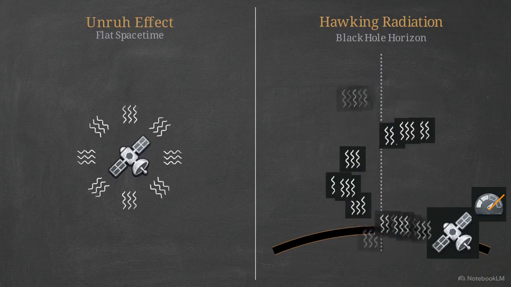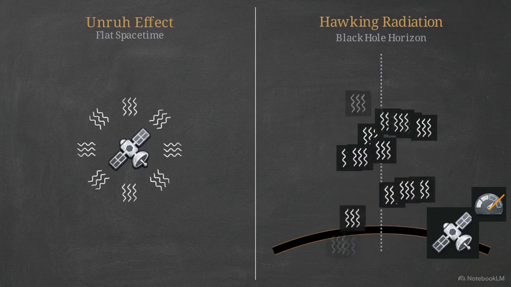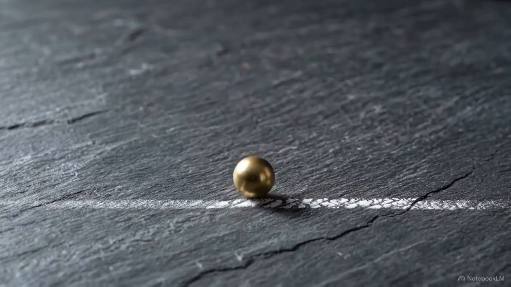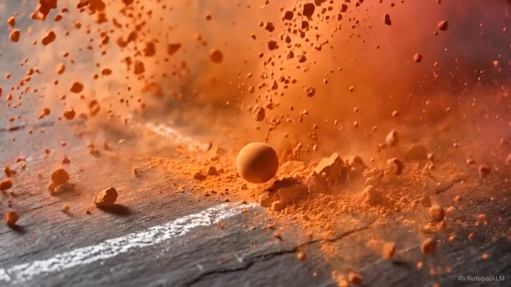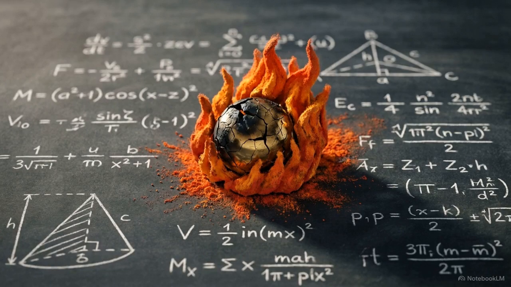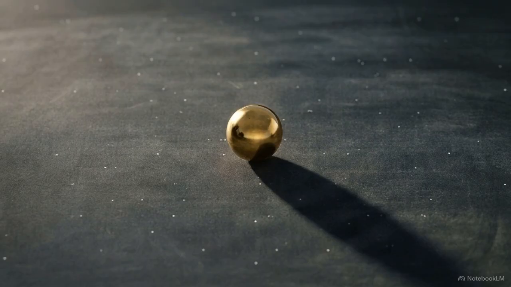If the hovering observer sees the falling observer battered by radiation pressure, the falling observer must physically feel that intense acceleration. They literally experience a solid wall of high-frequency fire. If the falling observer burns up at the horizon, it violates one of the most foundational rules of general relativity, the equivalence principle, which states that a free-falling observer should experience no drama, feeling exactly as if they were floating